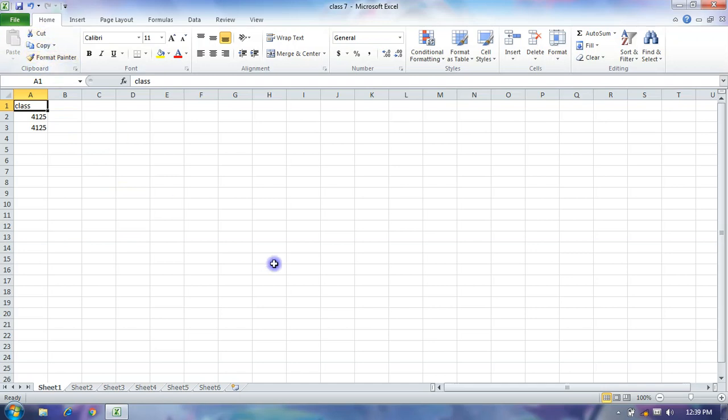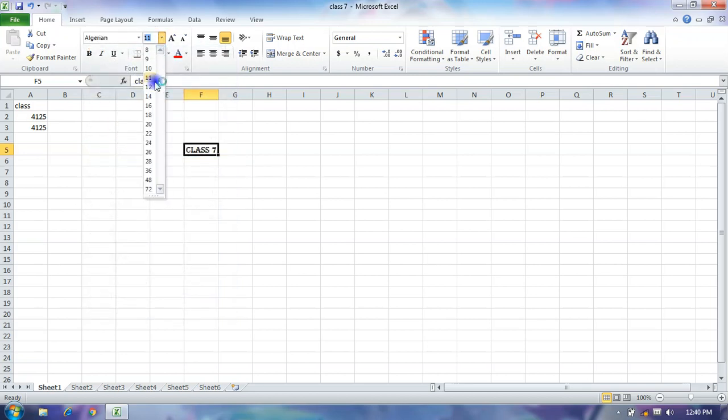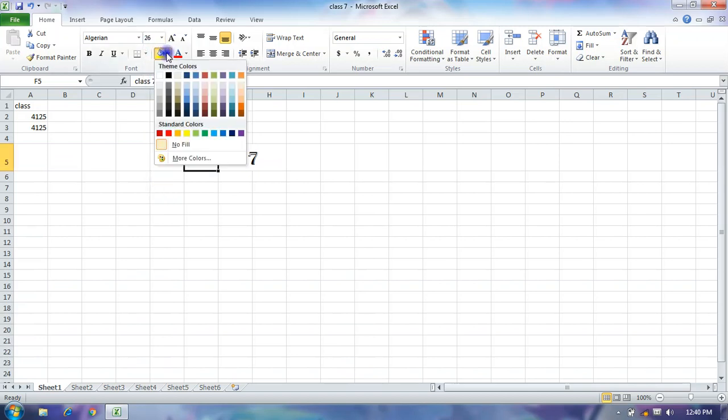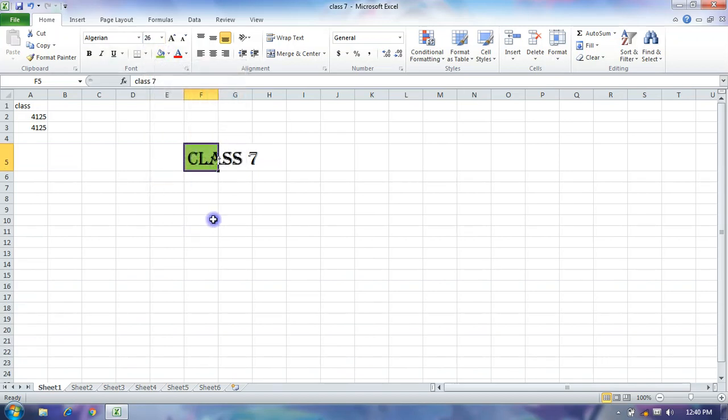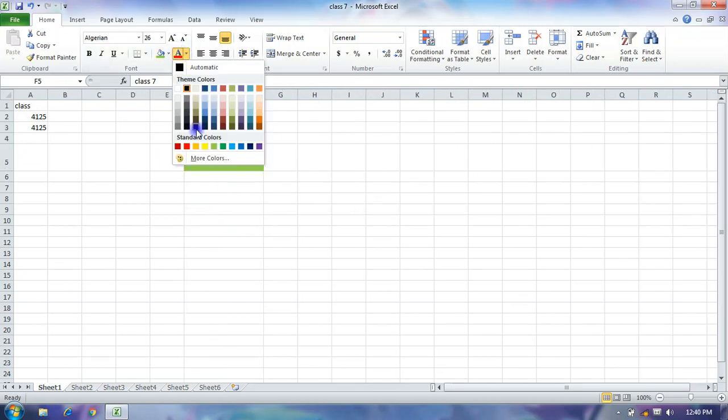As we learned in MS Word, in the font group we can type any text, select your cell, and change your font style, size, theme color, text color.